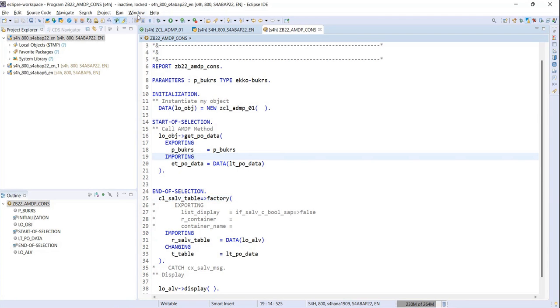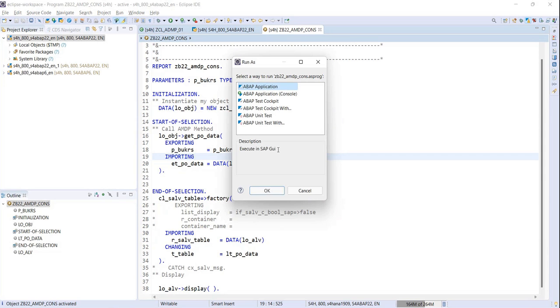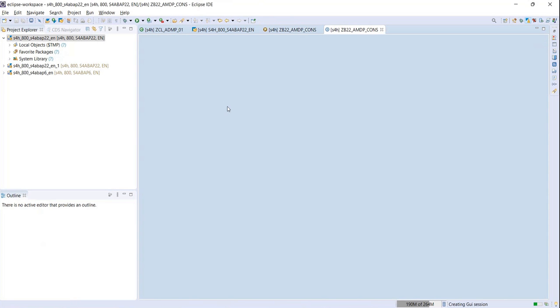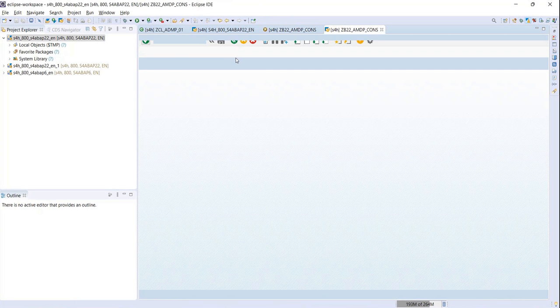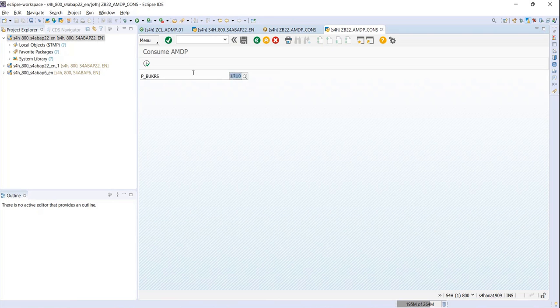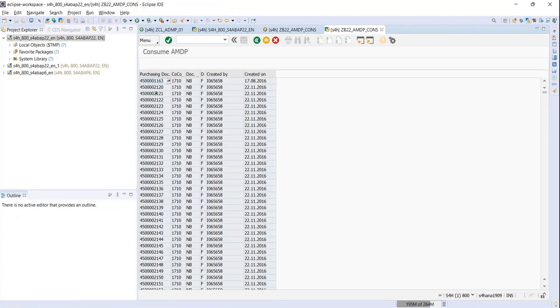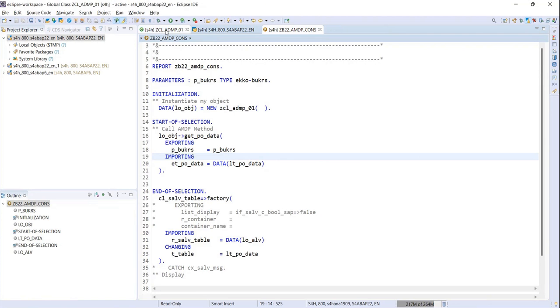Now I'll activate this as well. Let me get the set of purchase orders over here. And I'm getting the set of purchase orders over here. It is getting populated from my normal